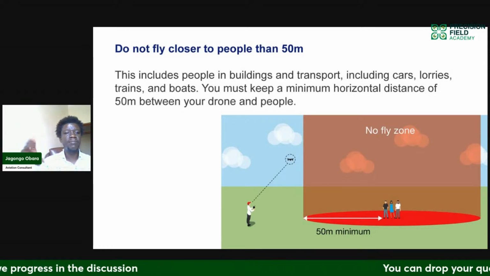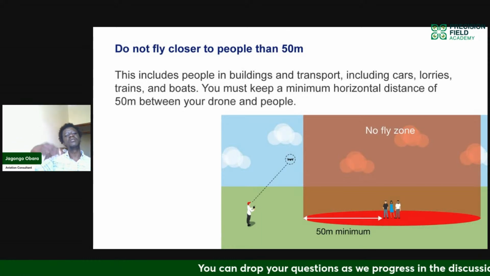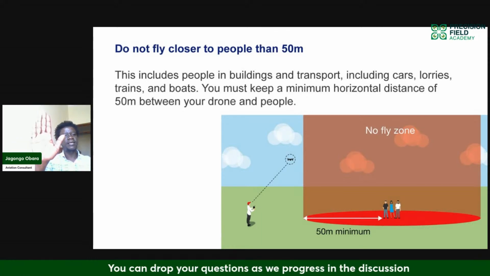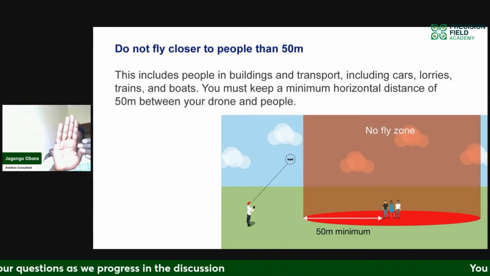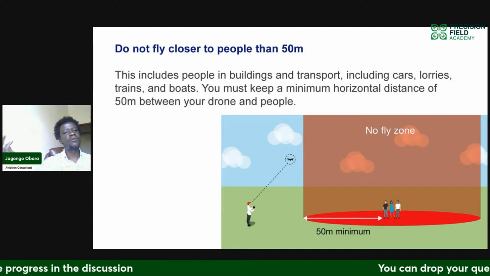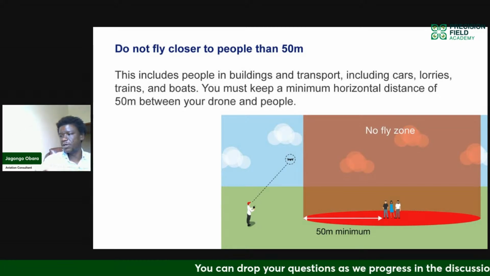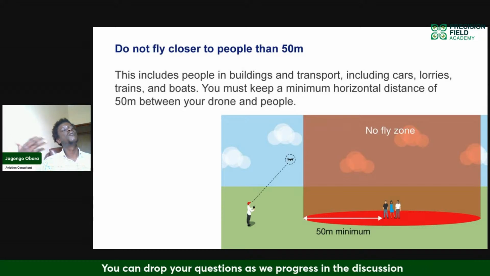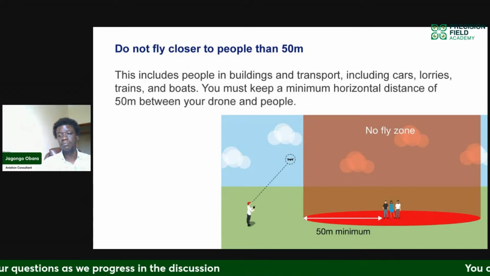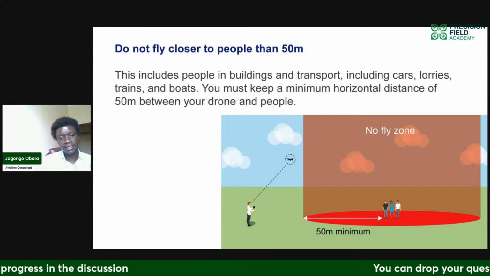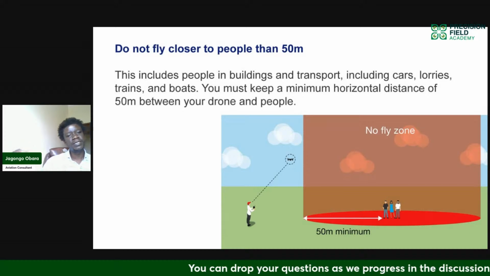Maybe this can happen by putting a barricade wire around where the operations are going to be, or somebody just physically telling guys, hey, you know what? Step back. This is your limit. You cannot come closer than this. So it just depends on the nature of the vicinity where you are. If the crowd is rowdy, you might even want to go a step further and hire security or the local police or things like that. So just make sure that 50 meters minimum, that's the radius.